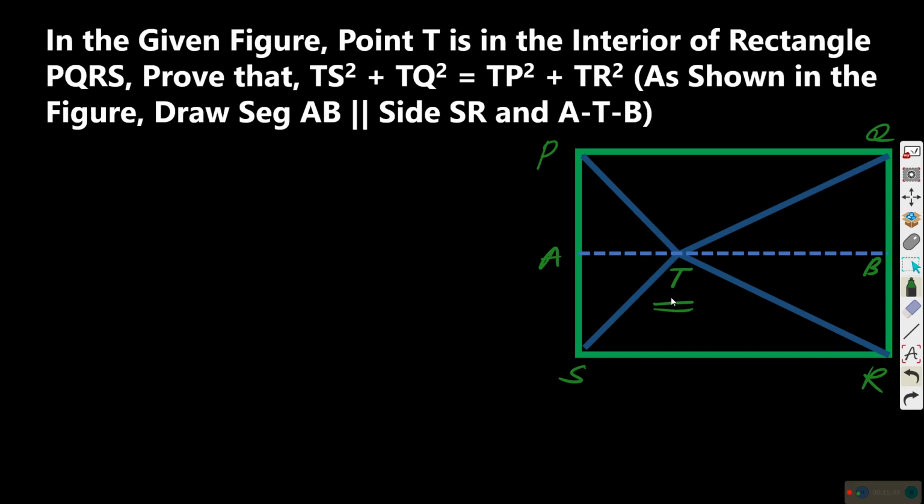दिखने में special sum है, and we will find out. We are asked to find out TS square, TQ square, देखो diagram में किधर है, TP square and TR square. सब T's related हमको equate करना है. It is given there AB is parallel to SR or RS and T is in the center. Here this is a rectangle, all angles are 90 degree, and TS, TQ, TP, TR, this is what is to be taken care of. We'll do all those markings so that we will get an idea.